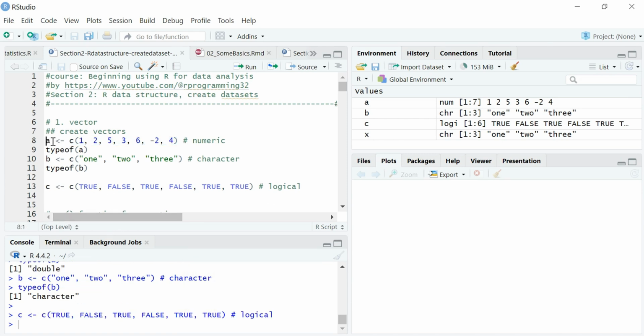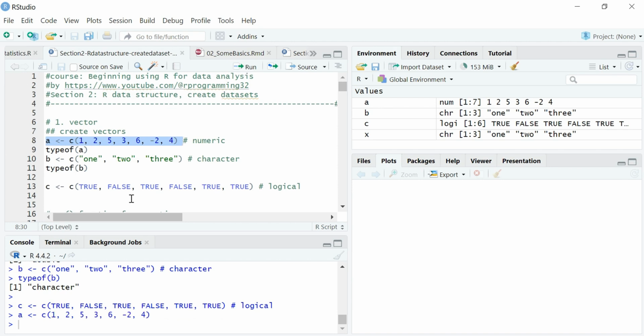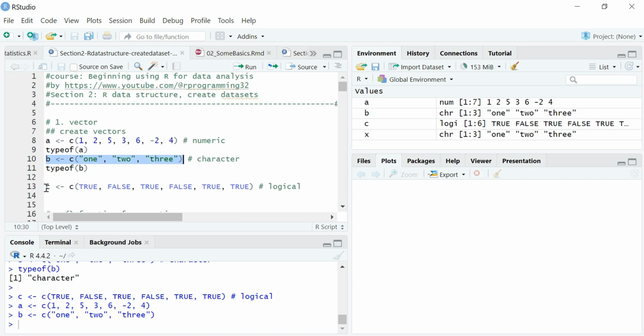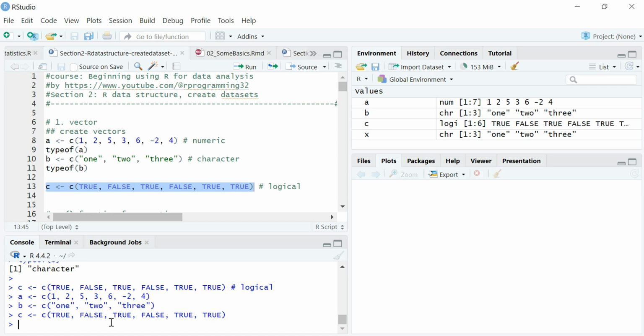So in RStudio we run three commands. First, create a vector and assign it to A. Then create a vector with three string elements and assign it to B. Then we create a third vector with three logical elements and assign it to C. So you can show A,